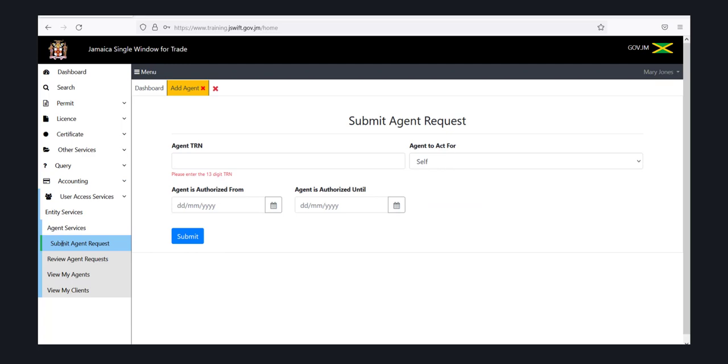There's some key information that Mary Jones would need to do this application. Mary Jones would need the TRN for the agent that she would be requesting the services from. She would also need to identify clearly how the agent would represent her in the system and also the duration of that relationship. So upon receiving the 13-digit TRN from the agent, Mary Jones would enter the agent TRN in